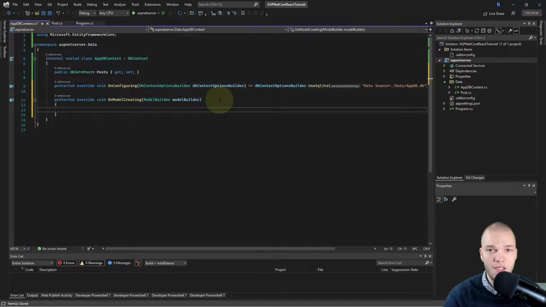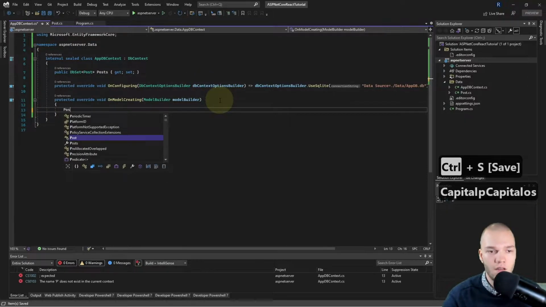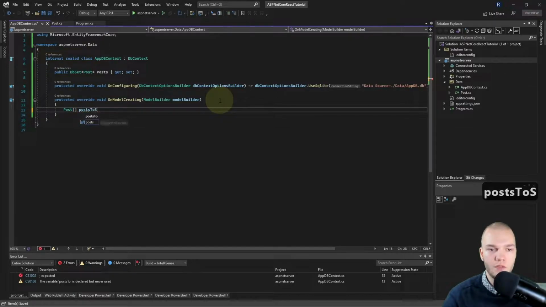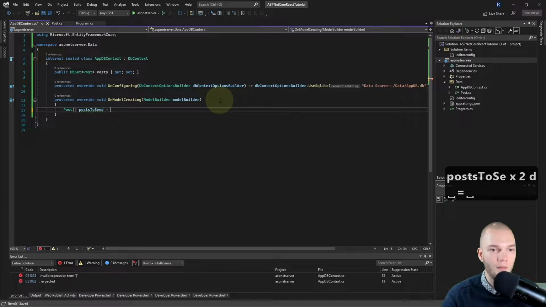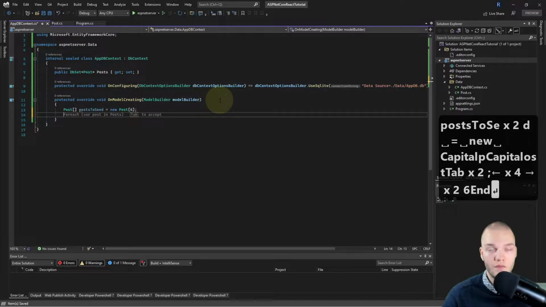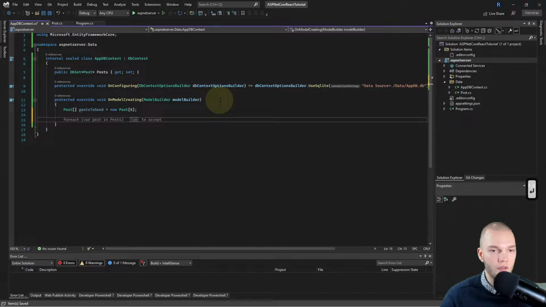So to seed some posts, I'll just declare a Post array, and I'll call that postsToSeed, and I'll make that a new Post array, and I'm gonna give that a length of 6. So we'll seed 6 posts.